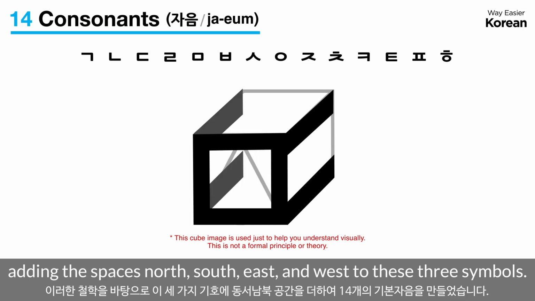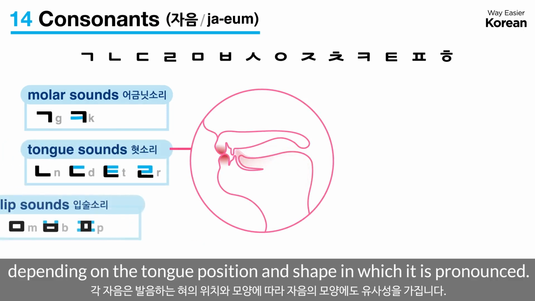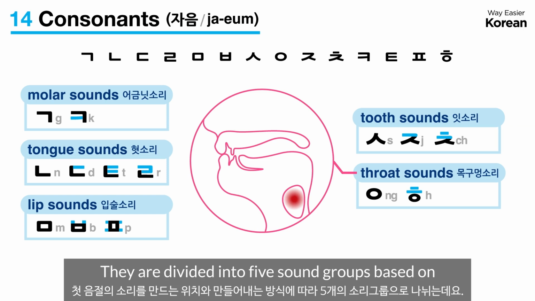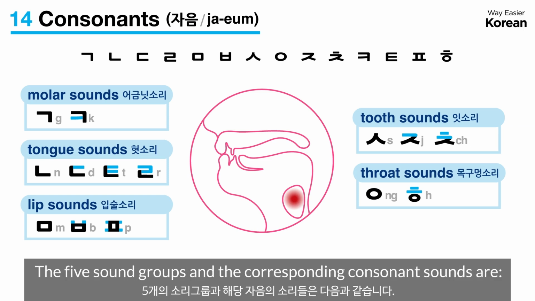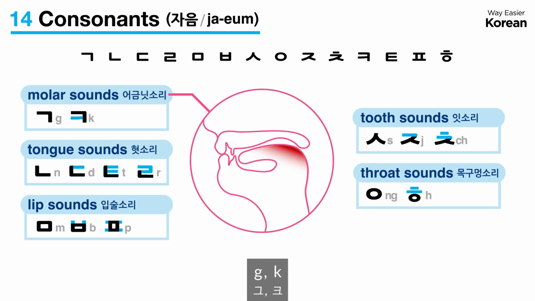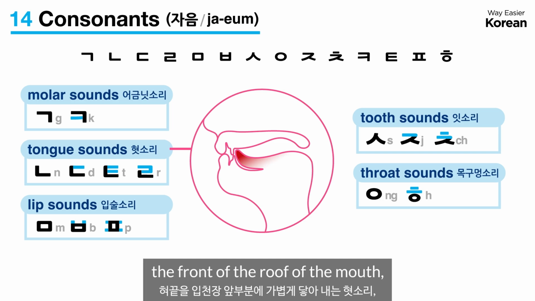these three symbols. Each consonant has a similarity in shape, depending on the tongue position and shape in which it is pronounced. They are divided into 5 sound groups based on the articulatory position of the first syllable and how it is articulated. The 5 sound groups and the corresponding consonant sounds are molar sounds made near the molars, 그, 크, tongue sounds made by lightly touching the tip of the tongue to the front of the roof of the